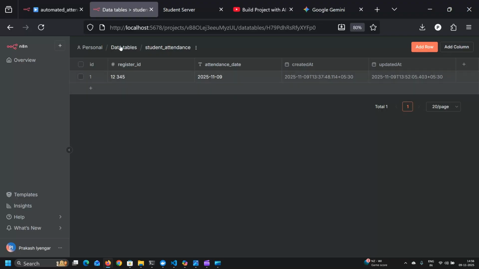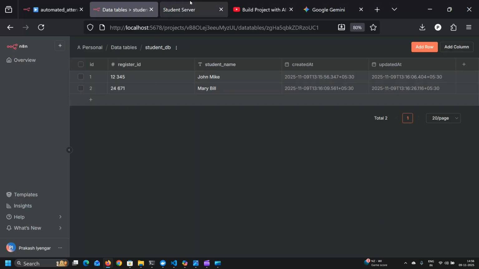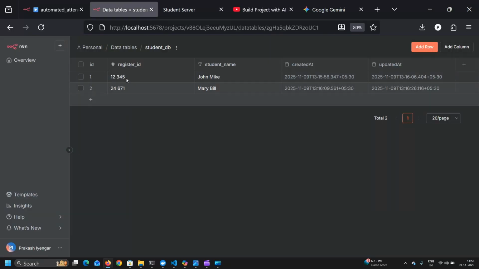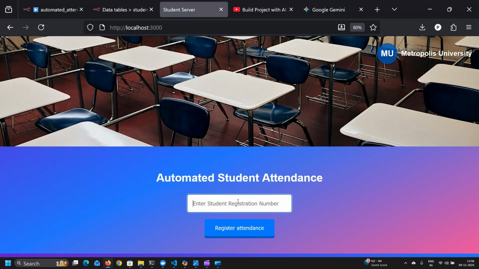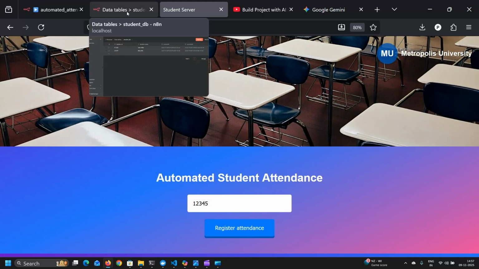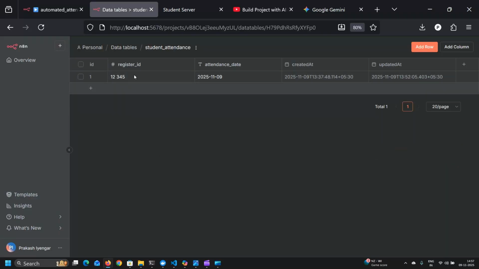Who is in my database? Okay, let's run this application. Since you saw these five students already got registered today, let's try with his id, or her id, doesn't matter. Let's run this. It says attendance already done for the day. Since that student is already registered for the day, attendance is already registered, then